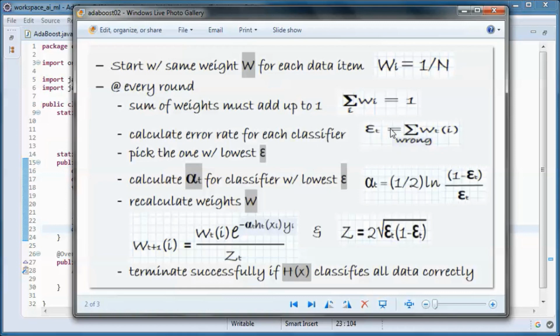So epsilon here is equal to the sum of the weights of the data items that were misclassified, and then we pick the classifier with the lowest epsilon, and we calculate alpha for that classifier according to this formula, and then we recalculate the weights W according to this formula, and Z here is equal to this formula, and we terminate successfully if the overall classifier classifies all the data items correctly.